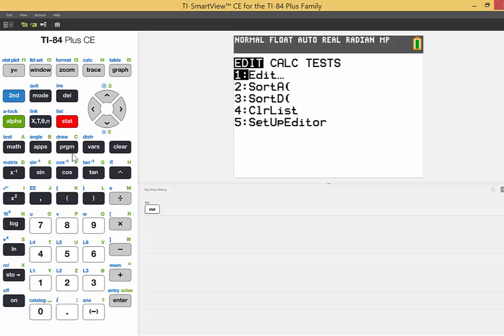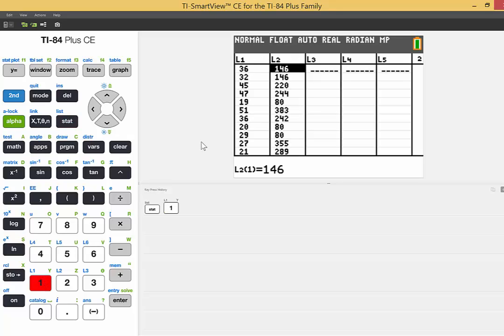So if we push stat and then go to 1 for edit a list, I've already typed the values into list 1 and list 2. So list 1 is the age in years and list 2 is the displacement in cubic inches. Now if I want to find the y-intercept, the slope, the t-test value, the p-value, and the number of degrees